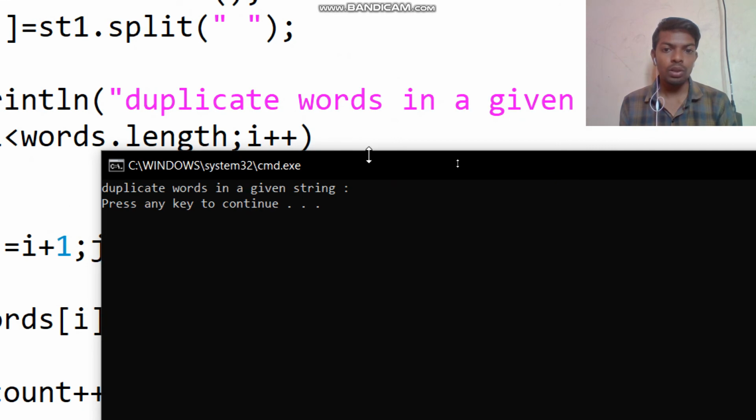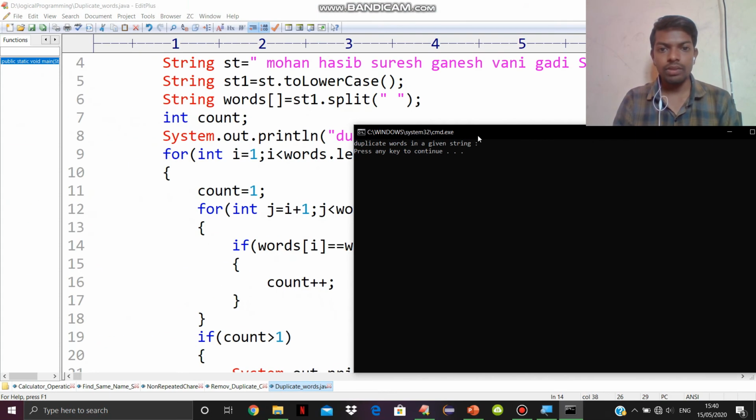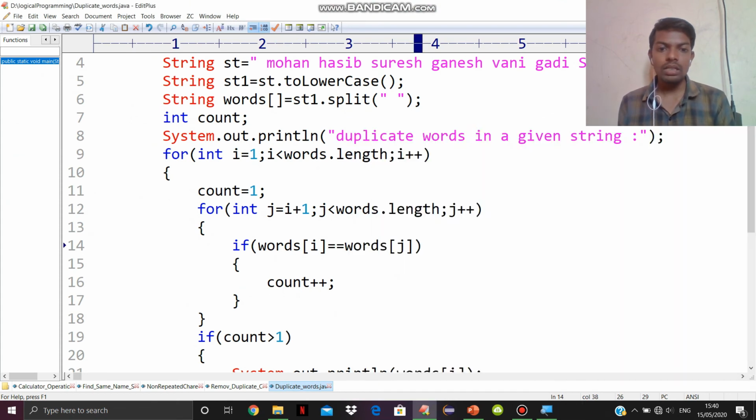There is no output here. So why? Because the double equals operator compares the object reference, whereas the equals method compares the object data. That is why we are not able to get proper output.